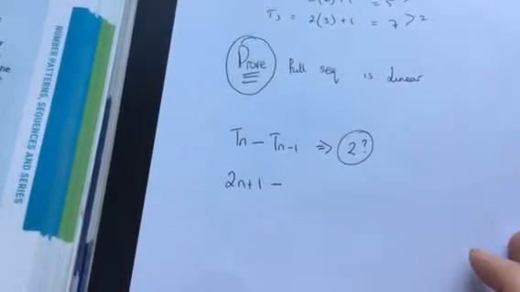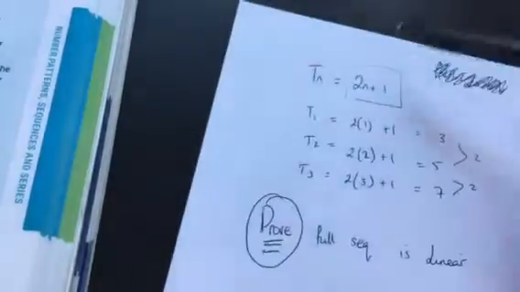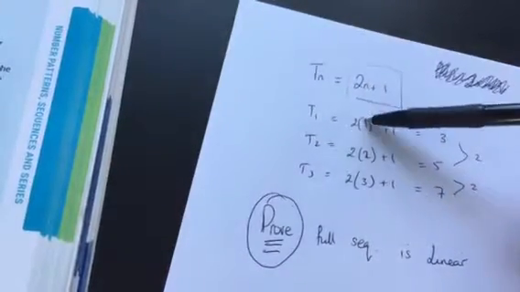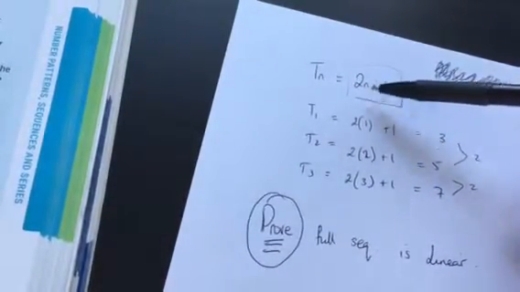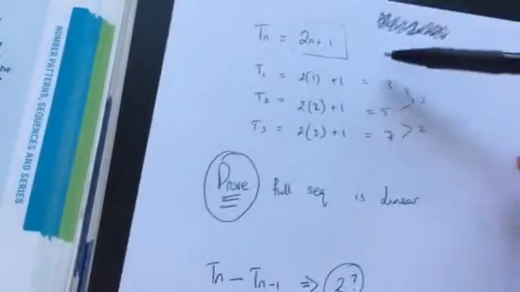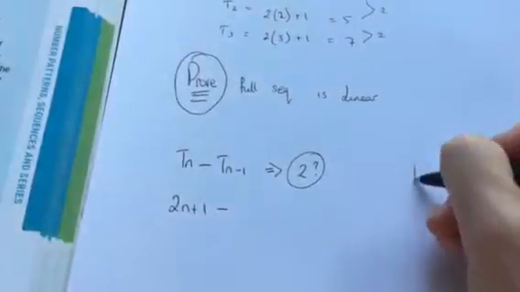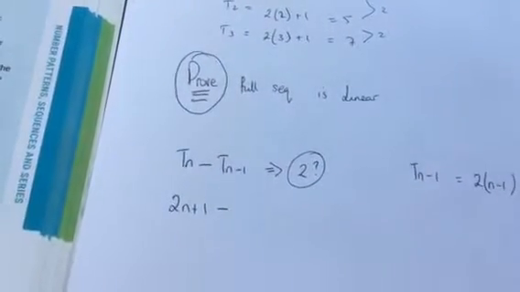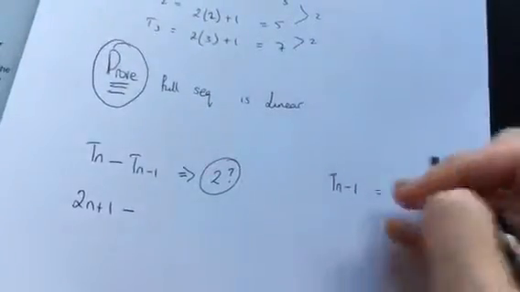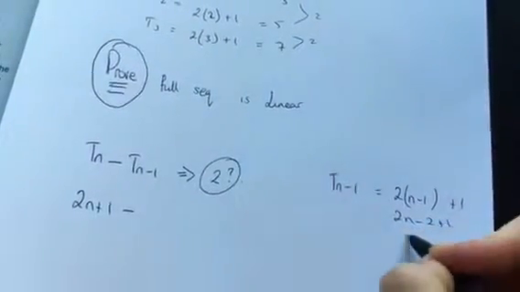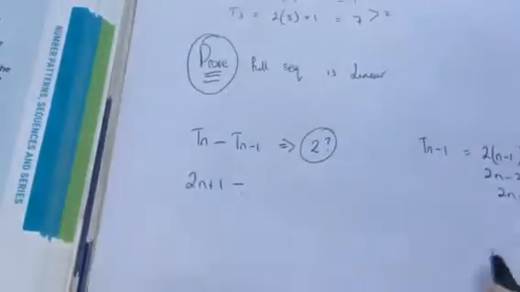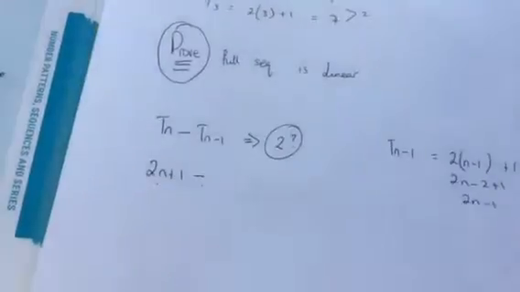Well, this is kind of where your substitution in algebra or your functions come in. If that's Tn, if I want T1, anywhere I have an n, I put in a 1. If I want T5, anywhere I have an n, I put in a 5. So if I want Tn minus 1, anywhere I have an n, I should be putting in an n minus 1. And then just clean that up, 2n minus 2 plus 1, that's 2n minus 1. So Tn minus Tn minus 1